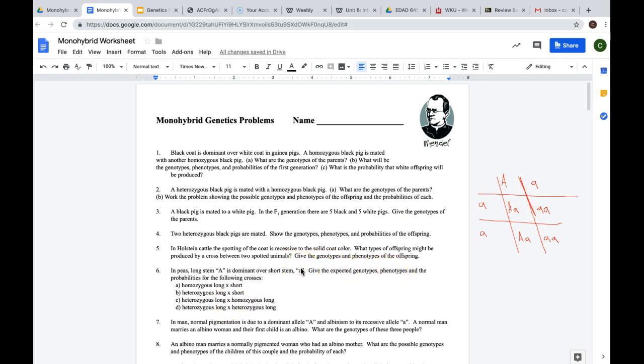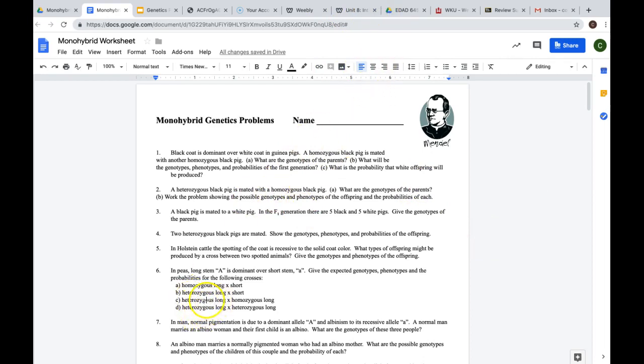So, I mean, I can tell you it'll be half heterozygous and half homozygous recessive. So the phenotypes will be half long stem, half short stem. Okay, these will be the long stem, these will be the short stem. Next,